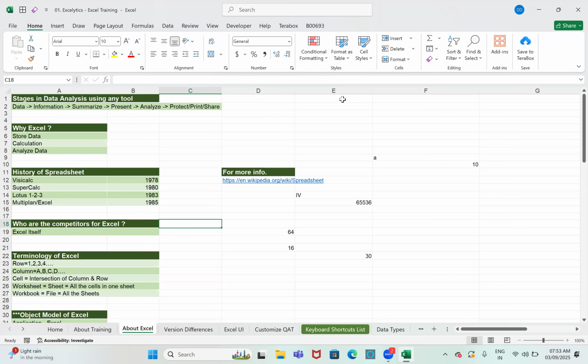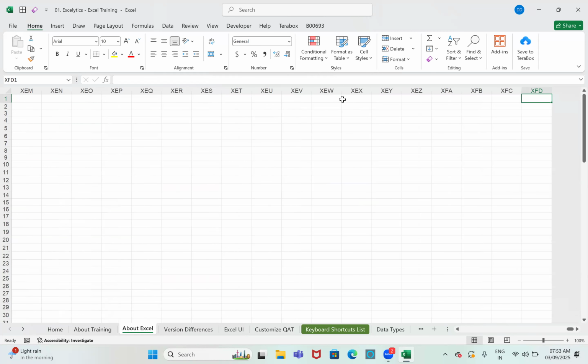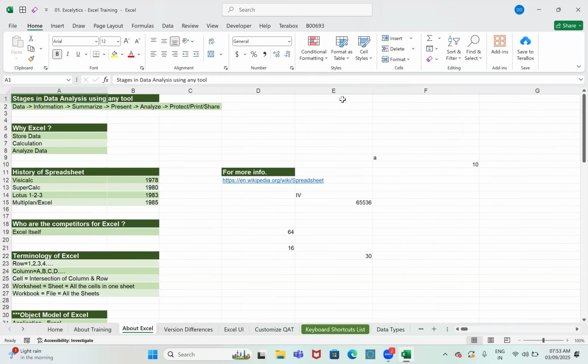So the last column name is XFD. XFD is nothing but column number 16,384. Usually in any table, you won't maintain 16,000 columns. Maximum you may have 100 columns, right? But you have up to 16,384 columns.